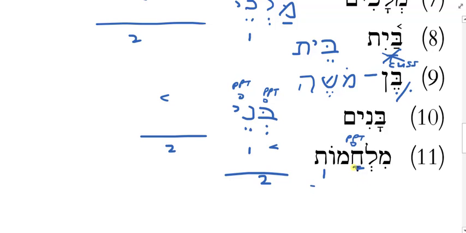Now, is it going to be an A-class compound shva? Yes. Gutturals prefer A-class vowels, don't they? Now, that's a compound shva. What kind of shva is this one under the lamed? That's silent. Very good. So do I have to change anything? No. I can have a silent shva followed by a vocal shva. That's okay. And compound shvas are vocal. So we're good. So milchamot.